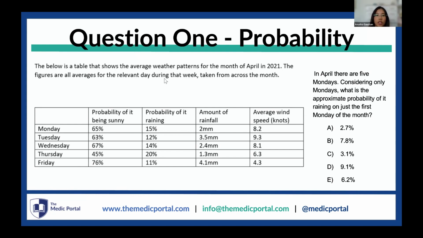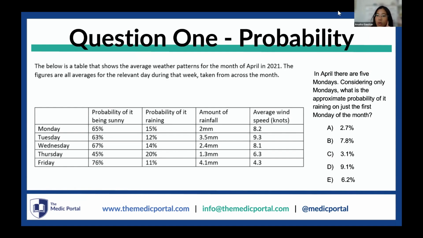Okay, so hopefully some of you have had a chance to have a go at this question. If you think you've got the answer, feel free to type it in the chat box, but if not, then I'll have a go at going through the question. As you can see here, it's talking about the average weather patterns for the month of April, giving you figures across the days, and then the probability of it being sunny, raining, and so